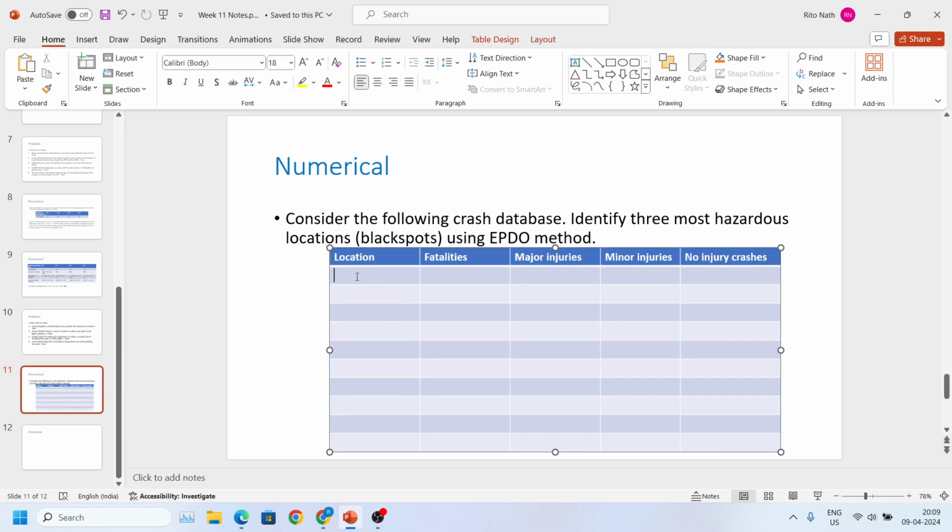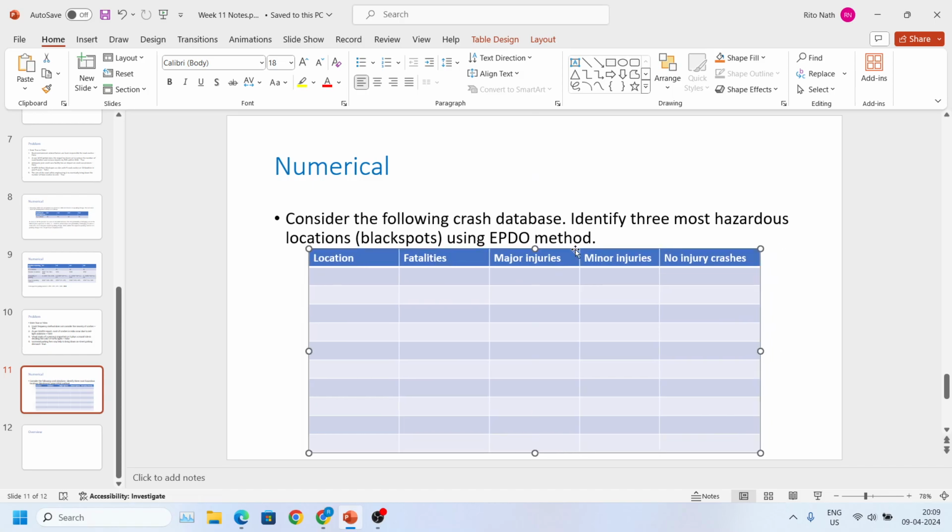Okay, so let's fill this table up. So we have locations A, B, C, ... F, G, H, I, J. So there are 10 locations. For this column, fatalities are 1, 2, 0, 1, 3,